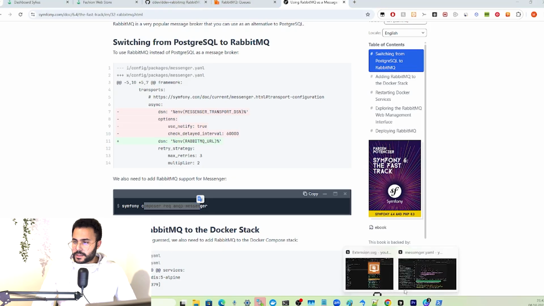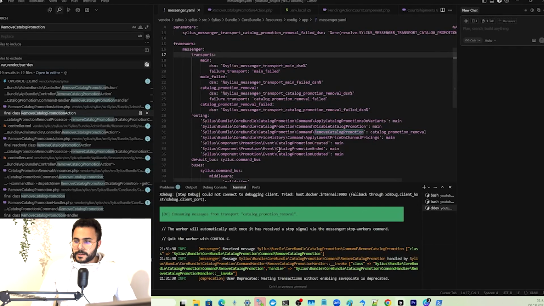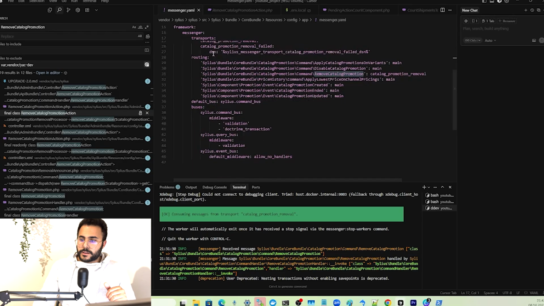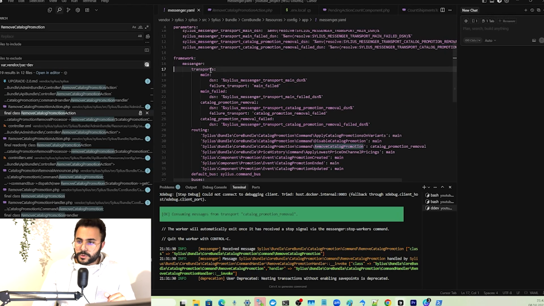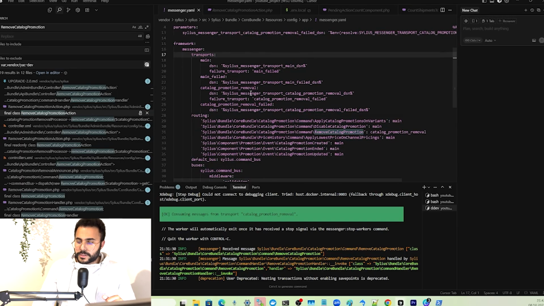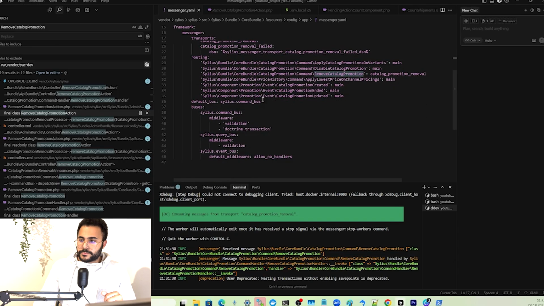So let's take a look inside Sylius. Sylius uses the messenger bus for multiple things. As you can see here, this is the configuration from Sylius, so it gets shipped to us like this. By default, Sylius uses the doctrine transport. It is already integrated with the messenger component of Symfony, and it uses